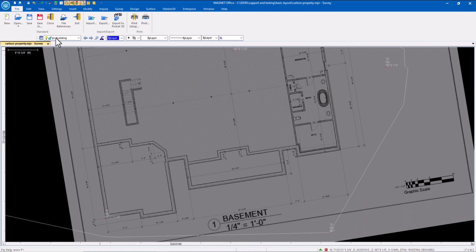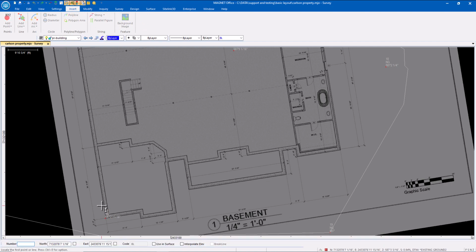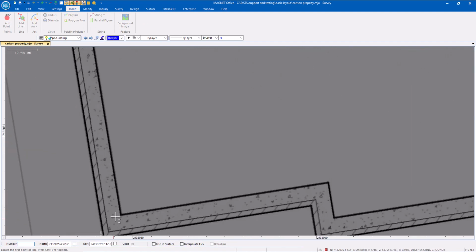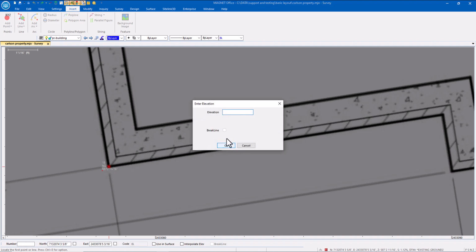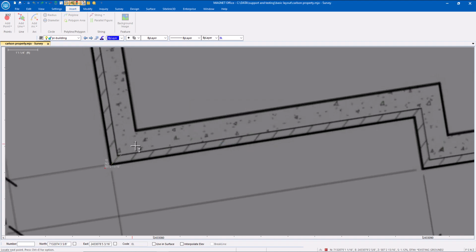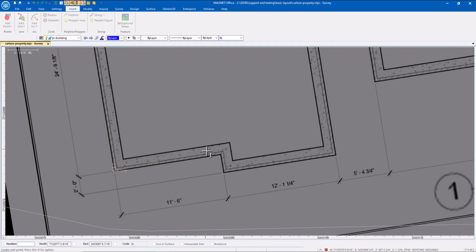So on our proposed building layer, we're going to insert a polyline. Okay, and I'm simply going to start down here in the lower left-hand corner of the building. I'm not worried about the elevation, so we're going to take that off. Now, I have the dimensions and I want to take advantage of those, but if I notice, my entry option is coordinate. Now this is the overlooked or unknown